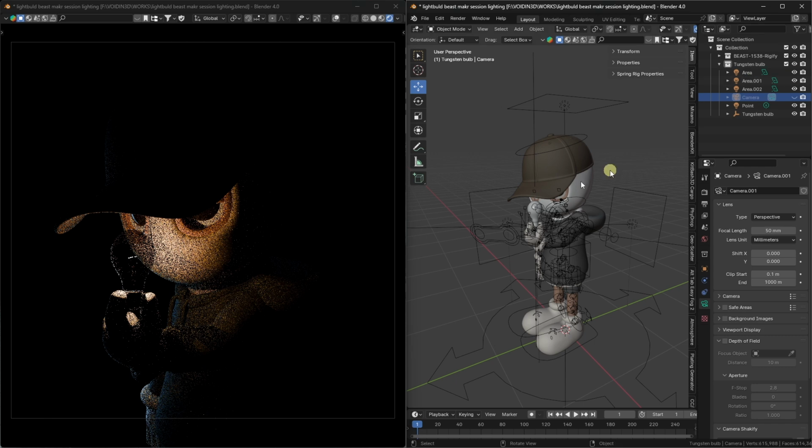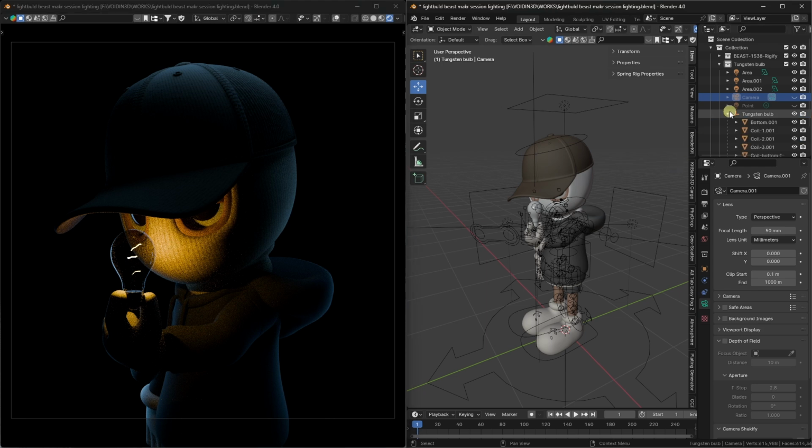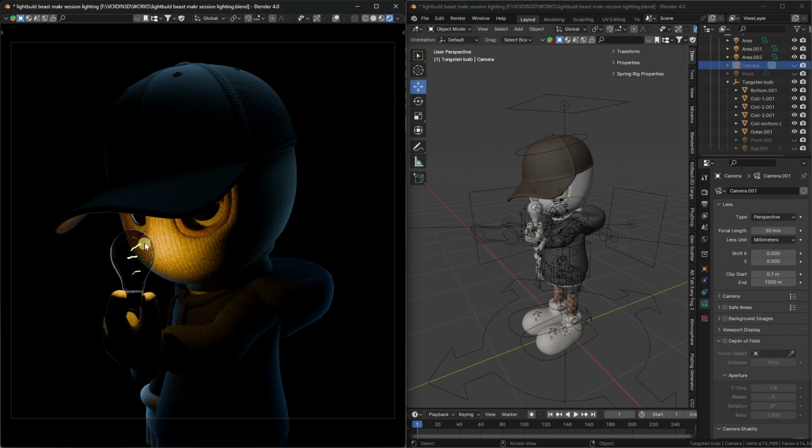So I'm just gonna put them back on, and as you can see, one by one, they all change how we view our render. So I'm just gonna turn off the bulb light right now so we can see what that does. As you can see, we have a light source inside of our bulb, but it's not the only thing that's emitting light, because inside of our bulb there's also, and I'm just going to turn them off, still some lights, but this is not what is creating these squiggly lines, because these squiggly lines are actually